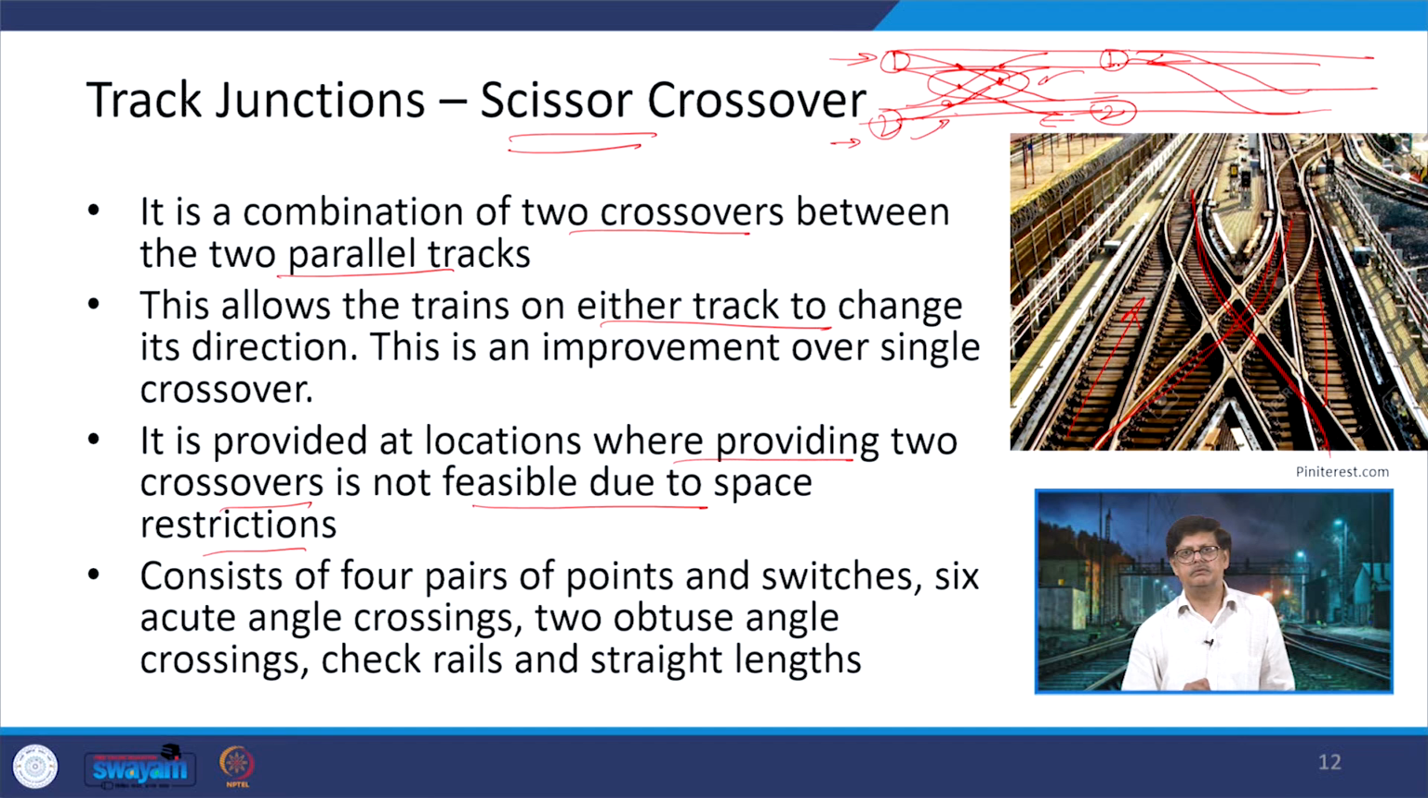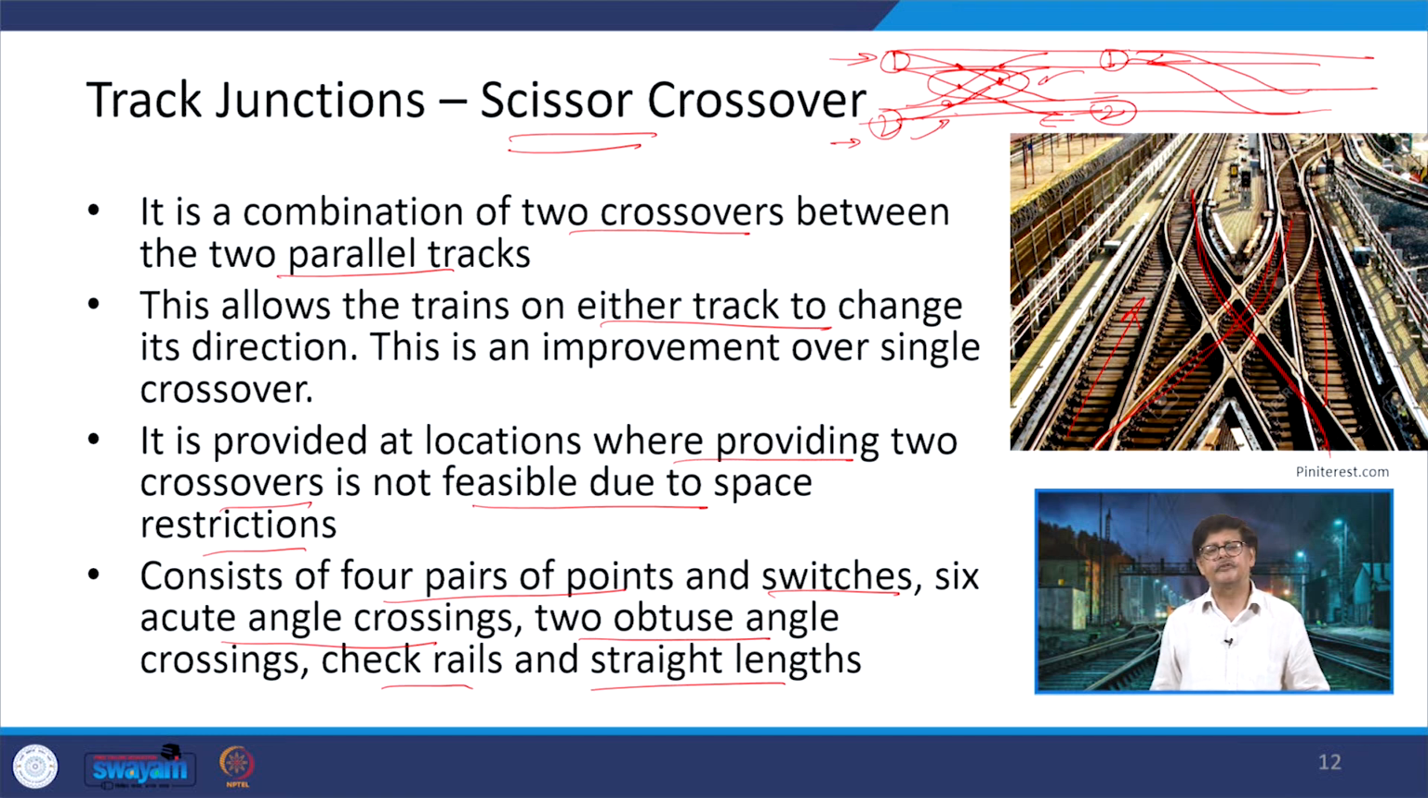So, then it will create an issue. It consists of 4 pairs of points and switches, 6 acute angle crossings, 2 obtuse angle crossings, jack rails and the straight lines. So, these are the combinations, these are the things which will be available. You can check it out with respect to the design, where the jack rails are provided, the wing rails are provided, or the points or the switches are provided, where the crossings have been provided with respect